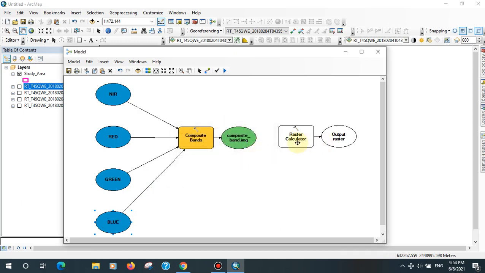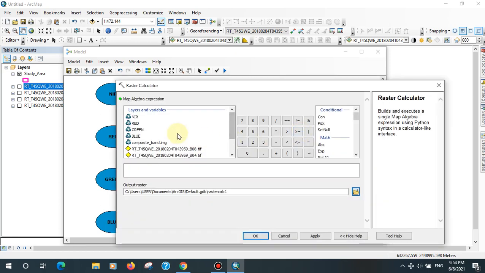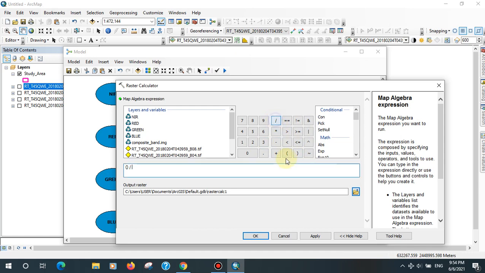So go to here, click it. So the formula is near infrared minus red, divided by near infrared plus red.